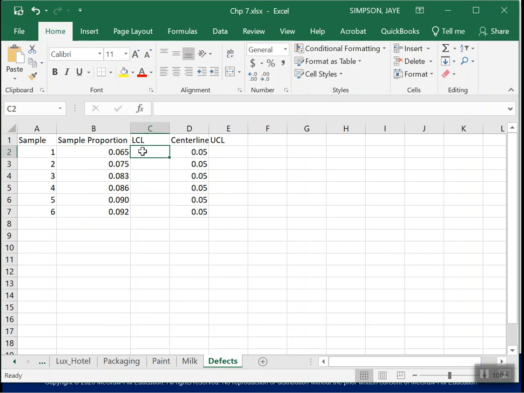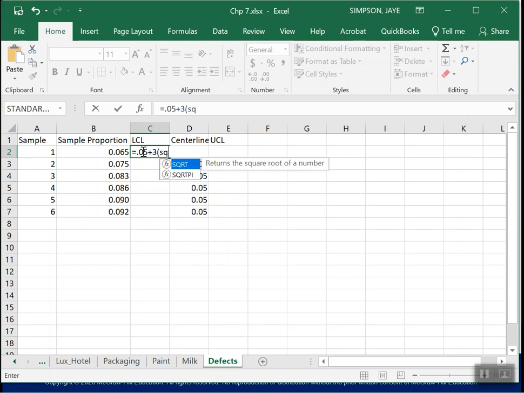So remember, our lower limit here is going to be equal to p, which is in this case 0.05, plus 3 times, now here I'm going to need to open my parentheses, the square root of, open the parentheses, now I'm going to have to open a second set of parentheses, so this is getting a little confusing here, p 0.05 times 1 minus p, which is 0.05, close those parentheses,